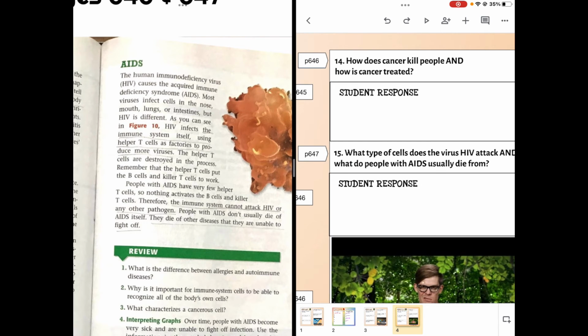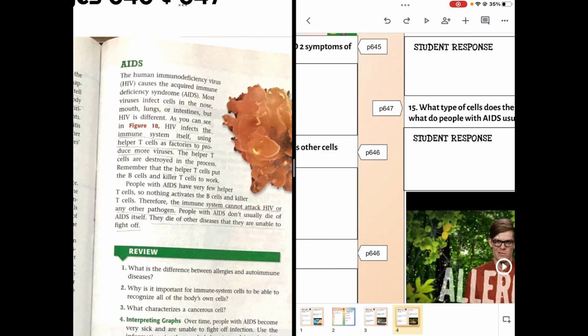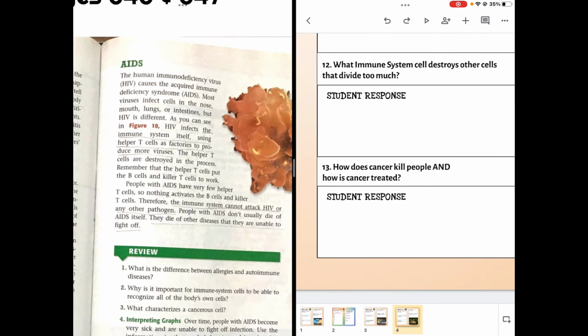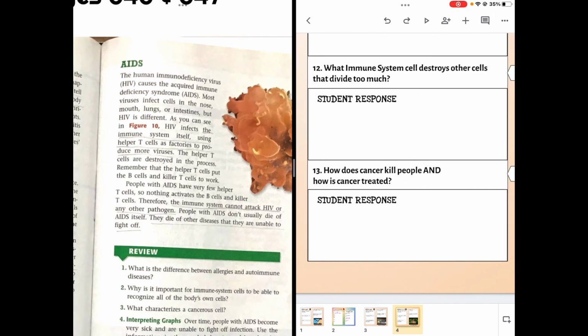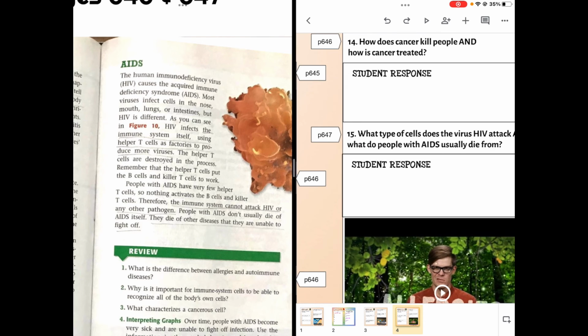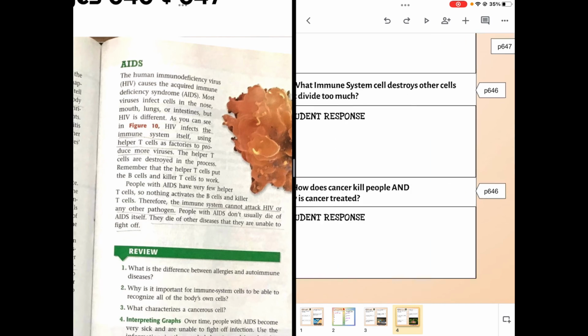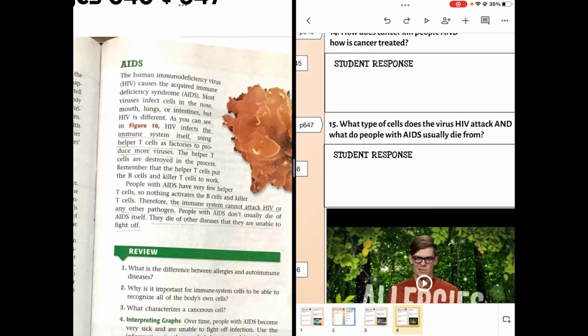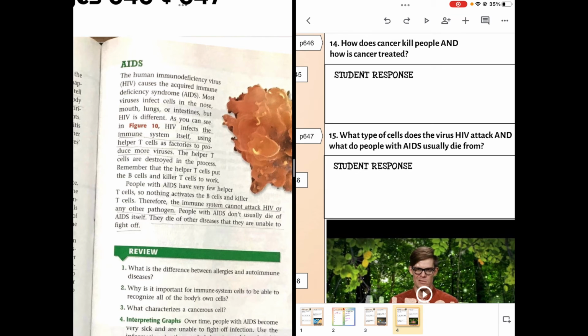Then we have a question about how does cancer kill people? Oh my goodness, I'm going to have to fix that. How does cancer kill people, and how is cancer treated? We're going to have to edit that question because I've repeated question 13 twice. I do have a different question I wanted to ask about